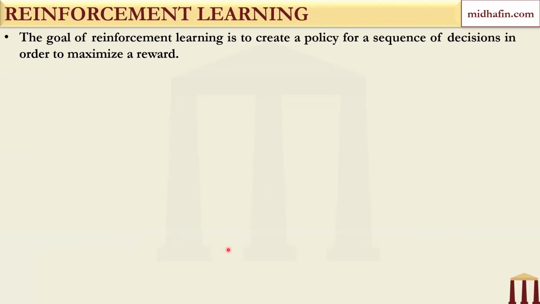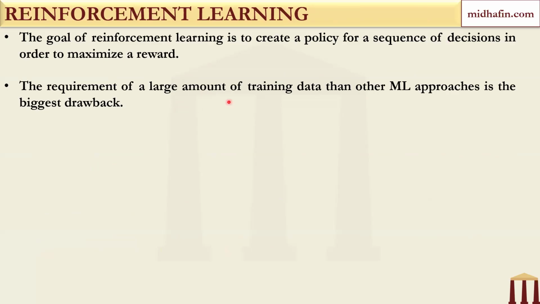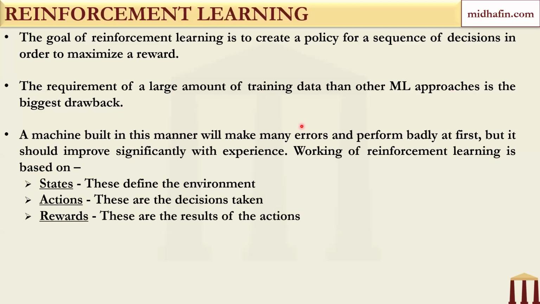Now we come to the last part of this chapter, reinforcement learning, and finally we'll see the differences between the three classes. So the goal of reinforcement learning is to create a policy for a sequence of decisions in order to maximize a reward. The requirement of a large amount of training data is the biggest drawback. So a massive amount of training data is required in reinforcement learning. And a machine built in this manner will make many errors and perform badly at first, but it should improve